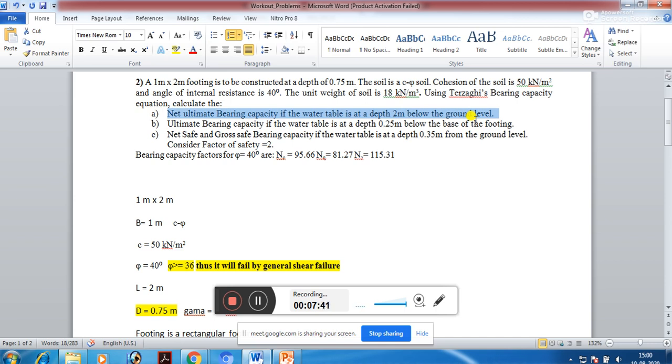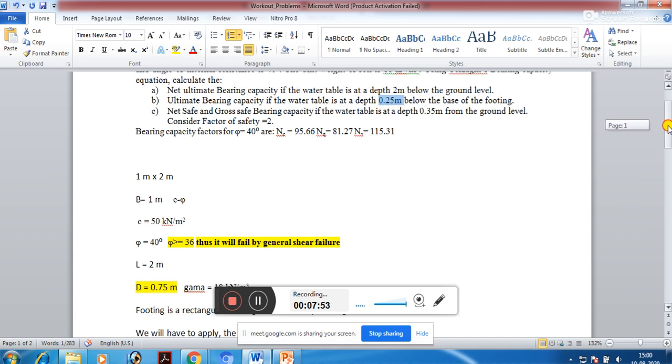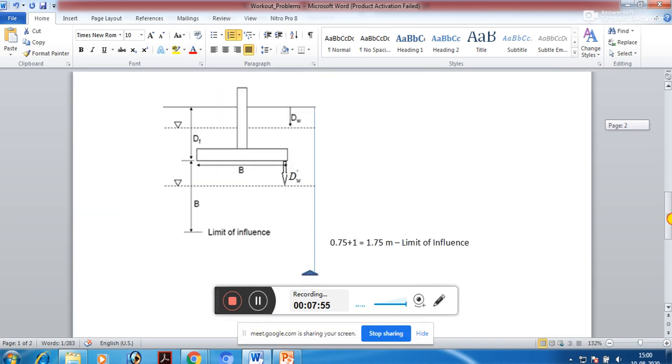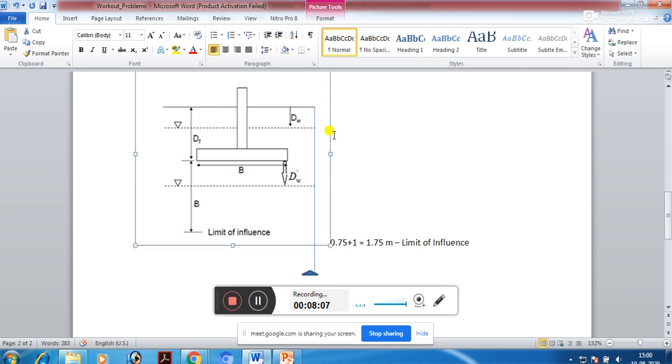However, let us see whether there will be any impact when the water table is at a depth of 0.25 meter below the base of the footing. So what does it mean? It says that the location of the water table, in this case,